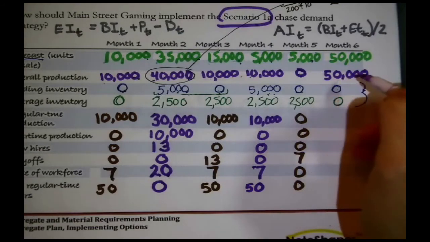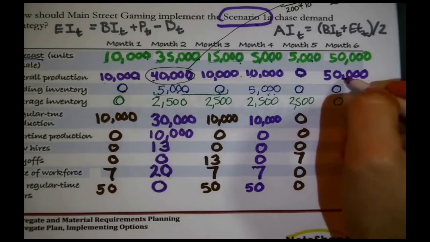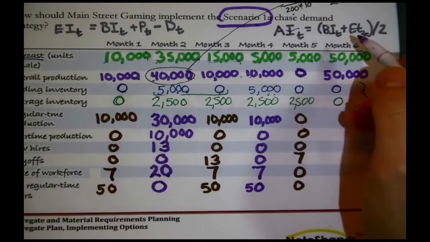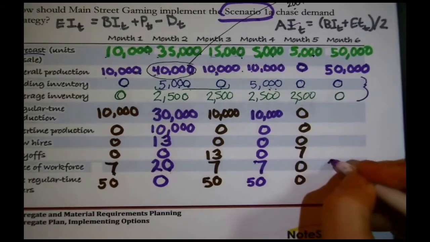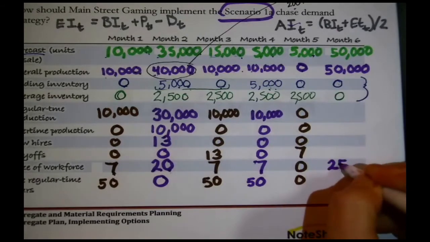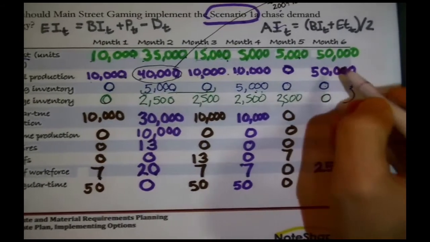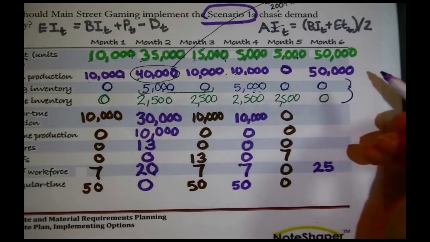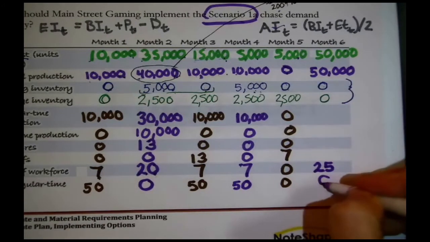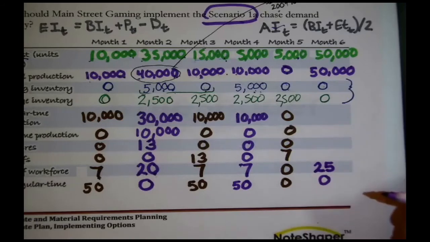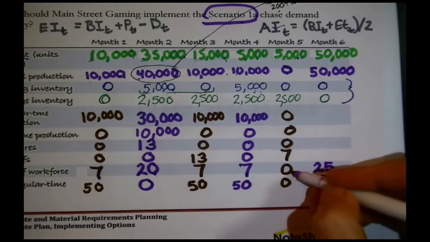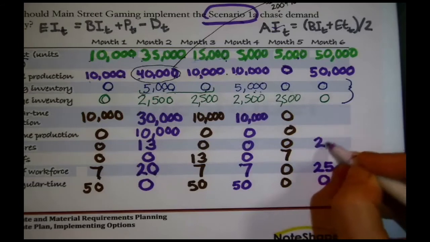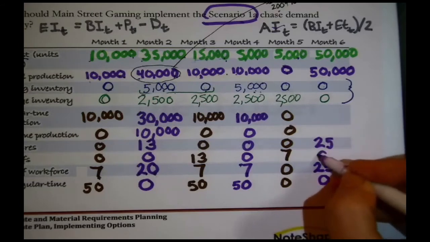All right, 50,000 divided by 200 times 10. I see on my calculator a 25. You need 25 people if you're going to produce 50,000 in a month. Okay. You will use all their regular time because it comes out nice and neat. You don't have anybody right now moving into this month. That means that you have to hire 25 people. Certainly aren't laying off anyone.